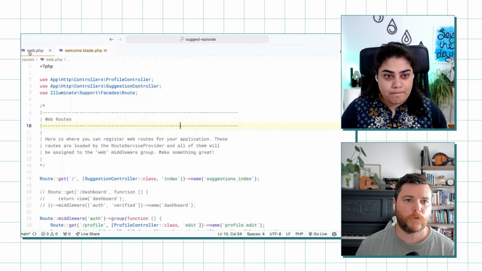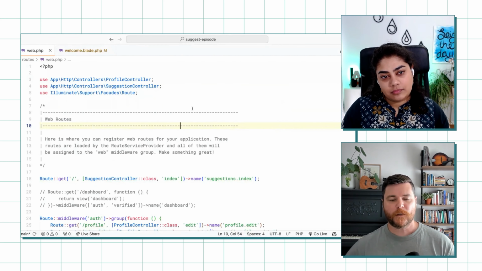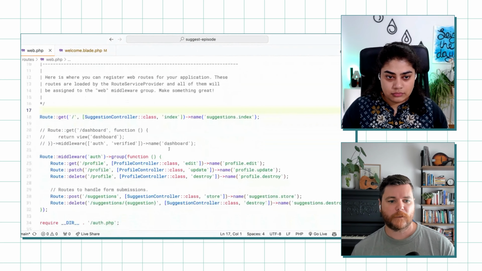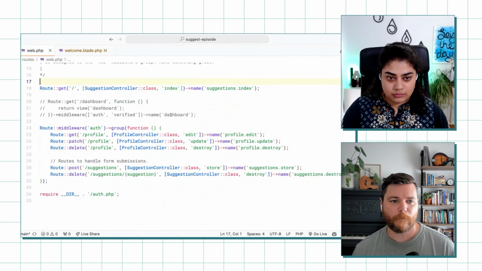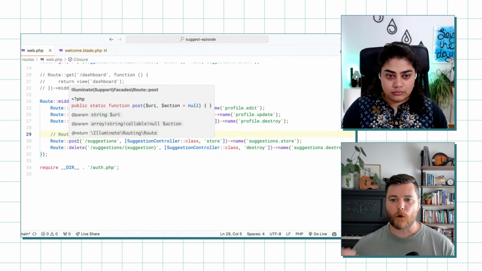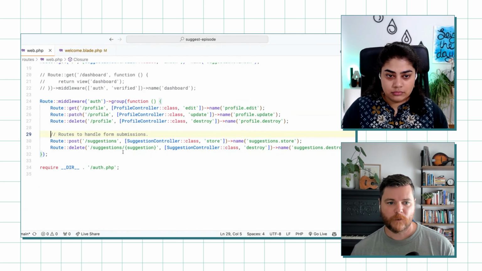Yeah. So in Laravel, you have this web.php, and this is where you define routes. So we're looking at the web routes, and basically I've added two routes here. I've added a post route where we're posting to store that new suggestion, and I've added a delete route where we're deleting that suggestion. And I've wrapped them all inside of this auth middleware, which means if